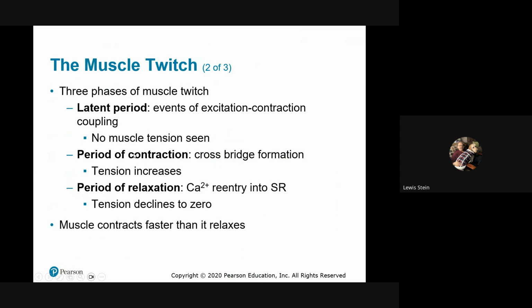Understand that there's a nerve sending a chemical message to the muscle. The rate determining step, if you're familiar with chemistry, the step that's going to tell you how fast this reaction occurs, is how quick that chemical gets across the synapse. That's what determines how fast a muscle can work. So we call this the latent period. So just the fact that I stimulated something, there's always going to be a little delay, even if we're talking about milliseconds or even smaller microseconds, for that to go across the muscle.